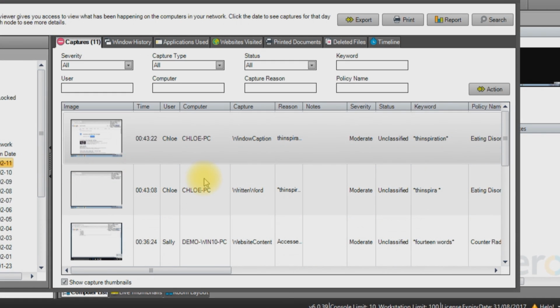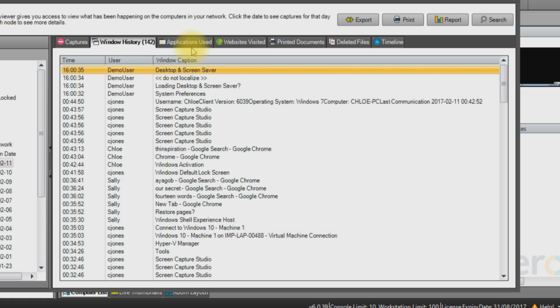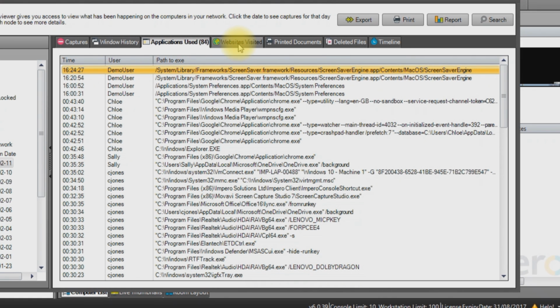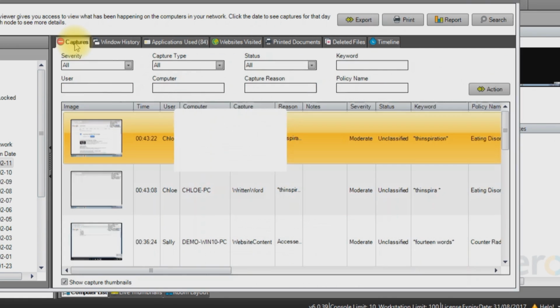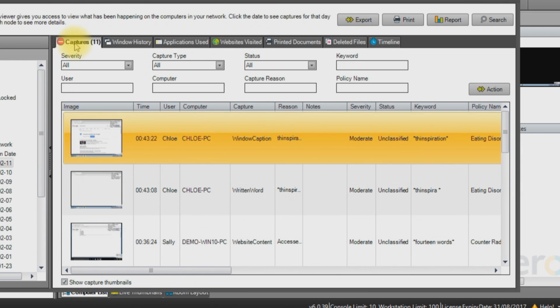You can select to see the logs for a specific date and get an overview of the captures that have occurred during this time. As well as viewing the captures that have taken place, we are also able to see the window history for all of those devices, the applications that have been used, and the websites that have been visited. This gives staff crucial information about what happened before and after each capture was triggered, offering them additional context